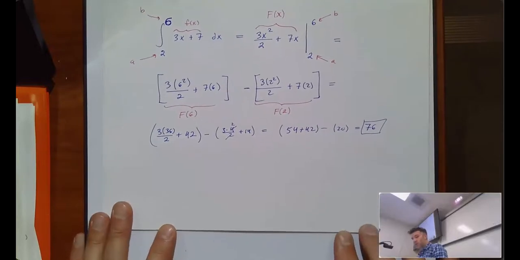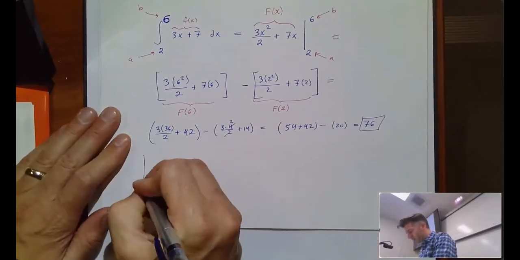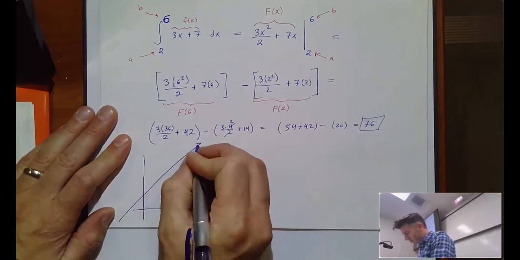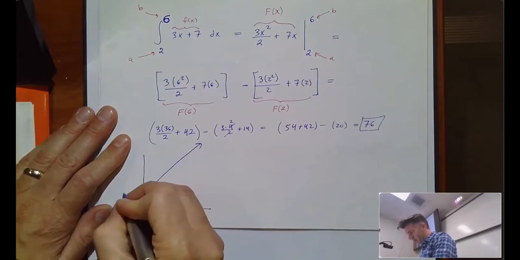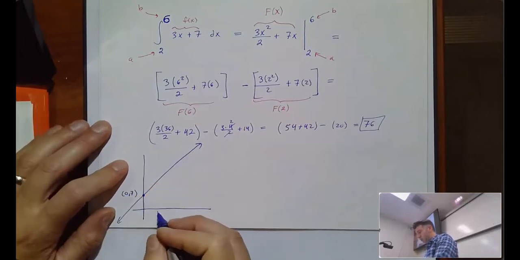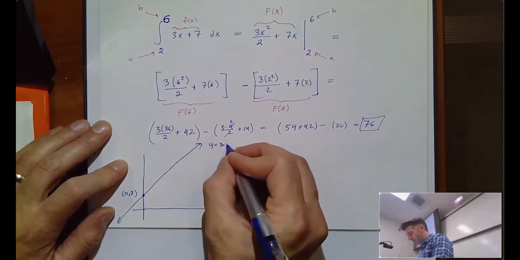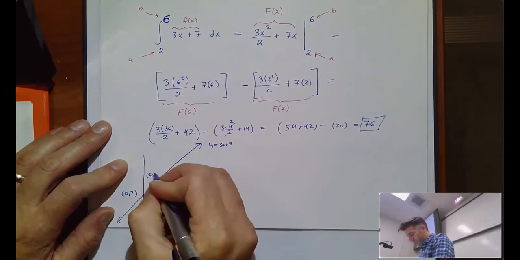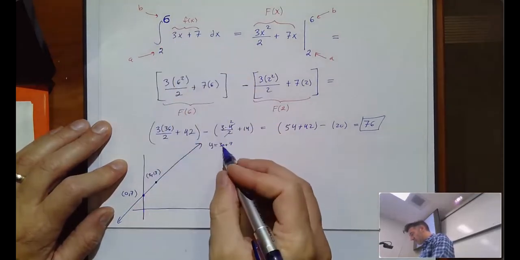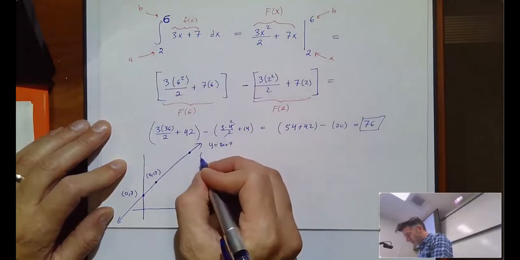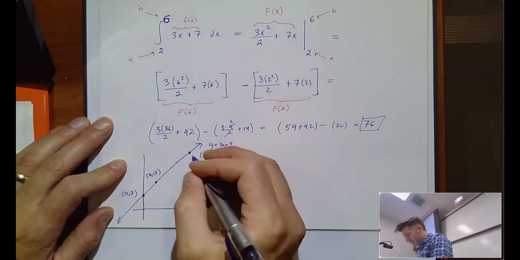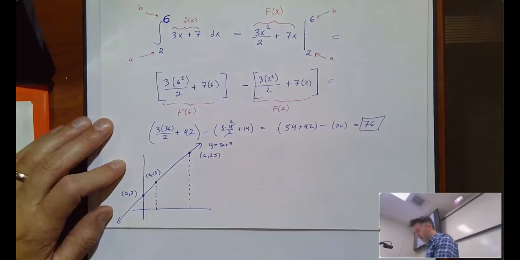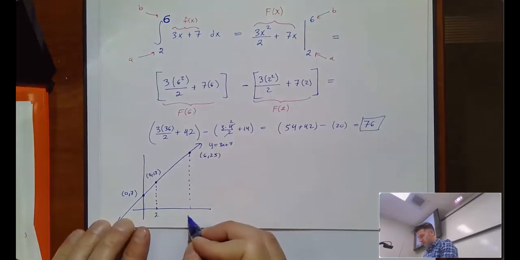In fact, let's take a look at the picture. If I was actually going to draw this, it would look something like that, where this is the point 0, 7. And if I plug in 2 to y equals 3x plus 7, I get 6 plus 7, which is 13. If I plug in 6, I get 18 plus 7, which is 25. So all we have done is found the area under this straight line from 2 to 6,